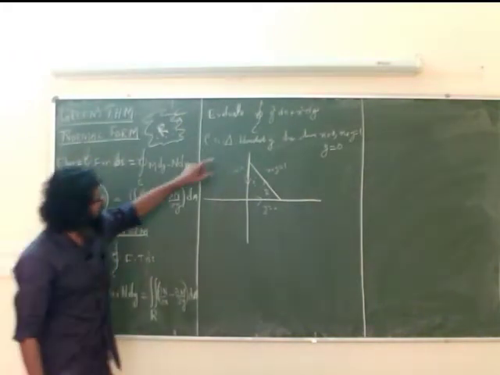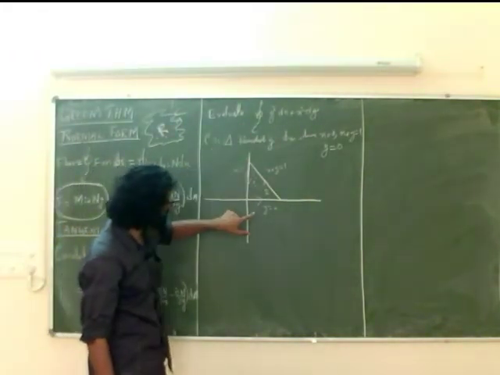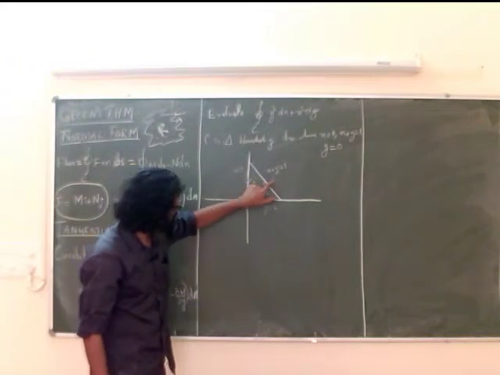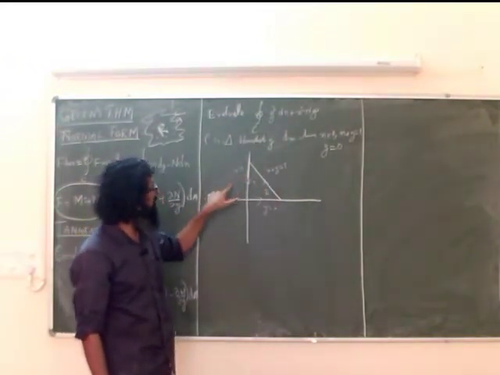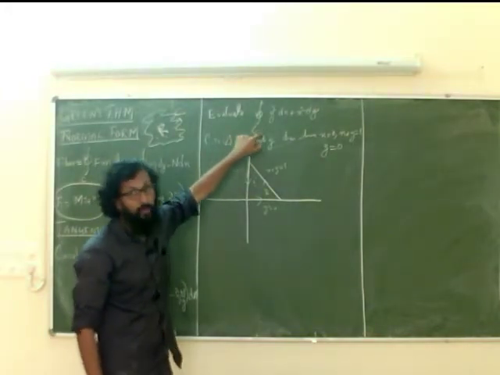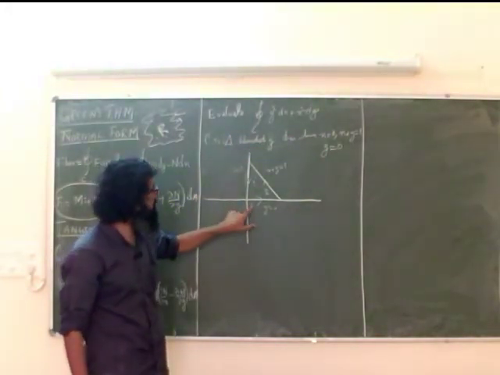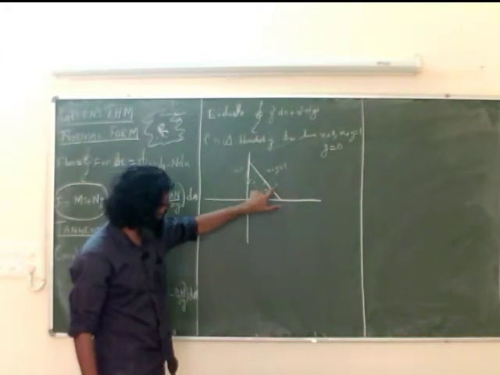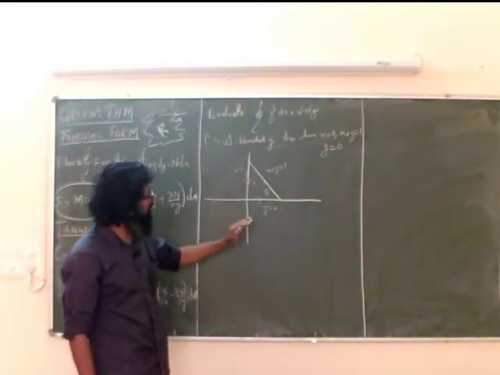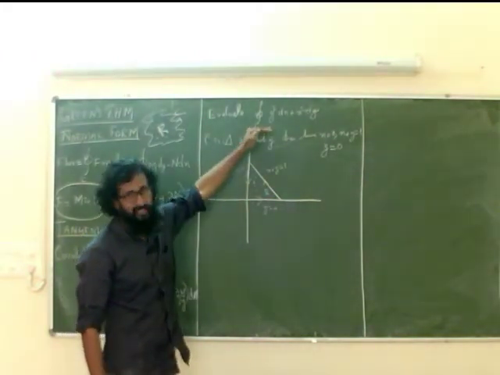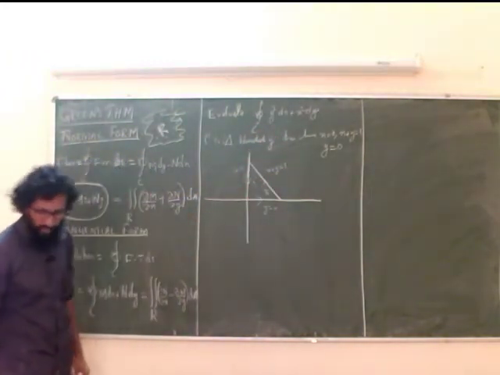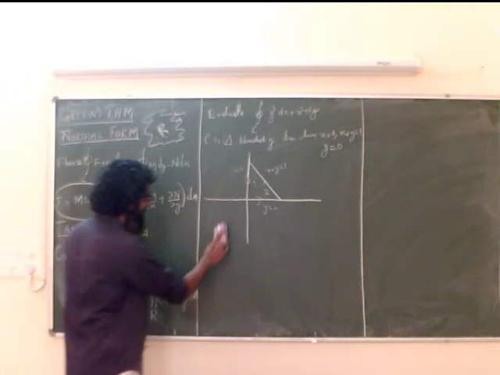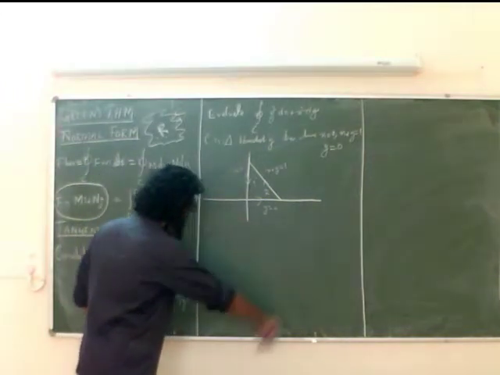If we try to evaluate this integral directly, my C is actually C1 union C2 union C3, a union of three straight lines. To evaluate this integral, I have to parameterize each of these three lines and do three integrals. So that's lengthy work. So let's see how to use Green's theorem to evaluate that integral.